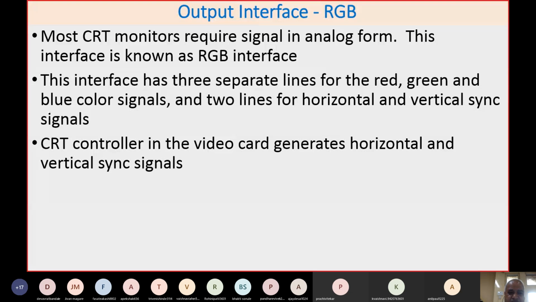Then the CRT controller in the video card generates the horizontal and vertical signals. It not only generates the horizontal and vertical signals along with the RGB signals, and you already know now the duration of the horizontal and vertical signals, and the frequency of these two signals.